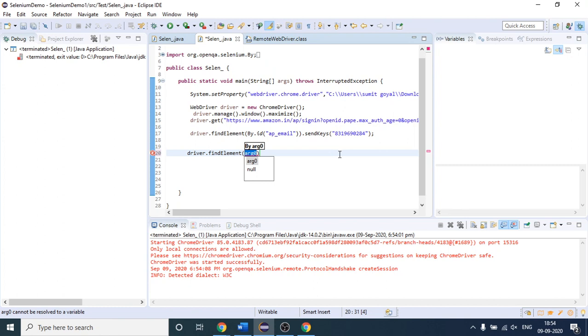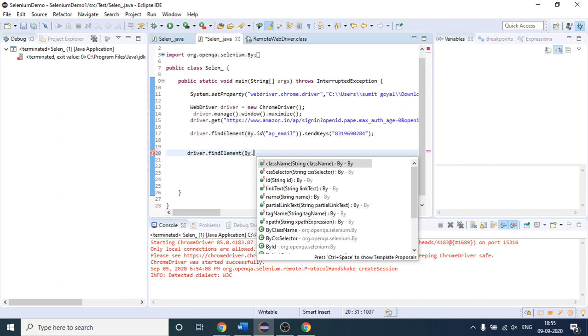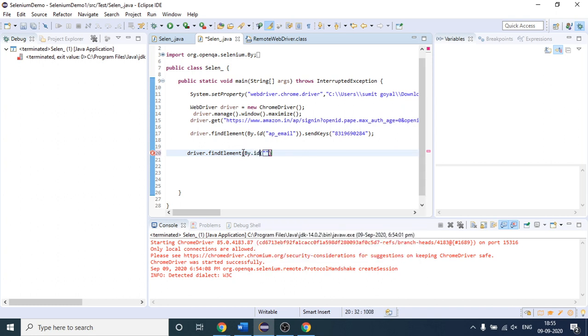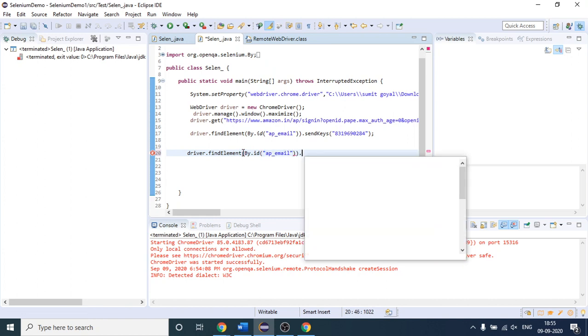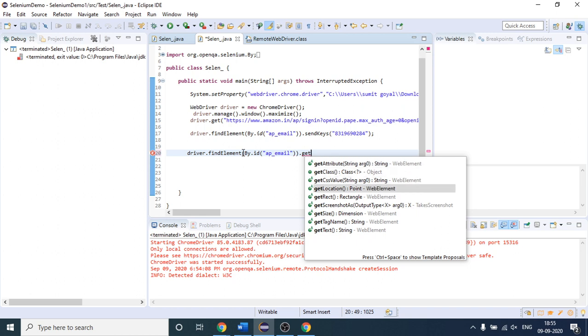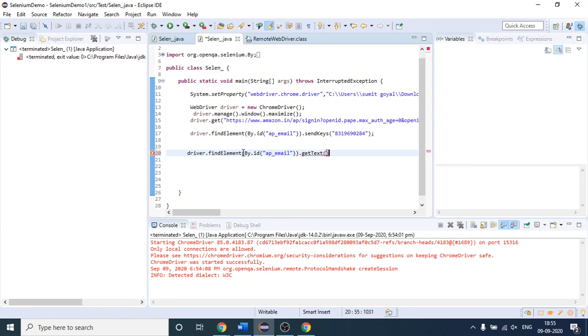Okay, let me write it again. Again I am using id. Okay, sorry for that. Again I am using this id attribute. Okay, so driver dot find element by dot id, and after that value of id is this, and then I will use get text here as well, because we have seen previously how get text method will work.